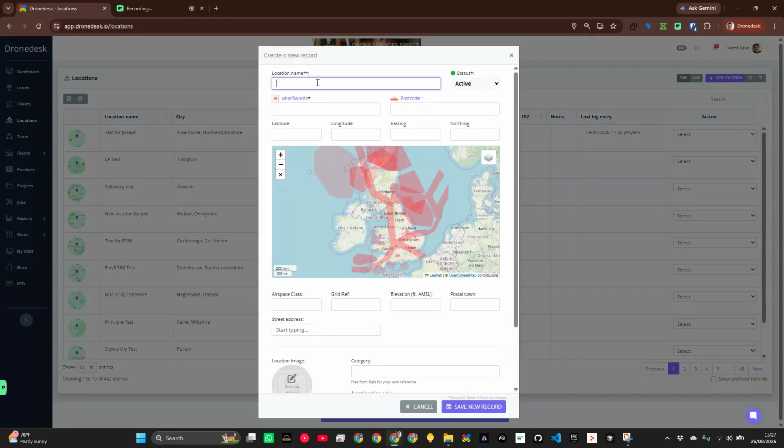Once the new record form is open, create a unique location name. If you know the what3words address, postcode, latitude and longitude, or easting and northing for your location, you can enter these into the form fields. Alternatively,